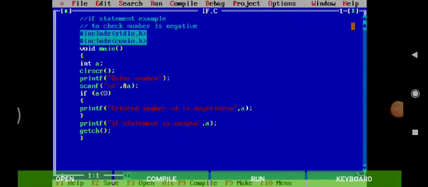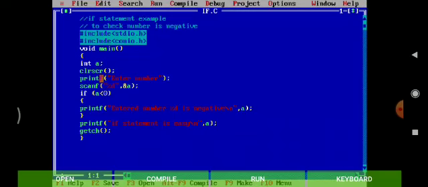So friends, this is the turbo screen. Let's start with an if statement example. In this example, we need to check whether the number is negative. So we have started with including two header files, that is stdio.h and conio.h, then a void main. Then we have declared an integer a, clear screen, then enter a number.